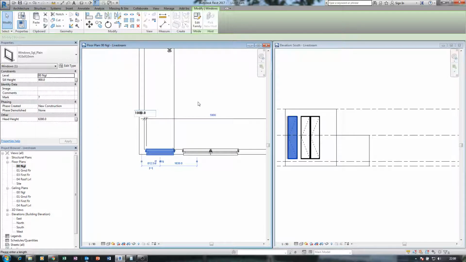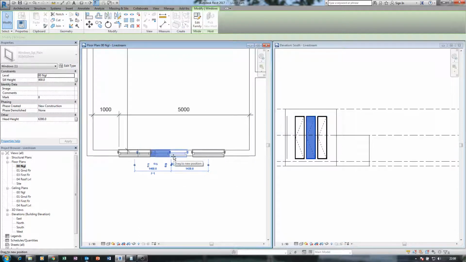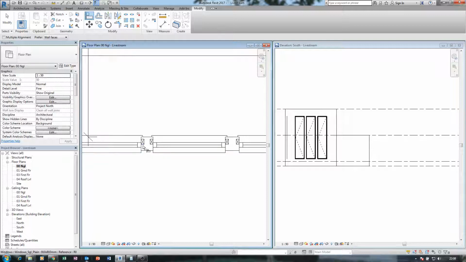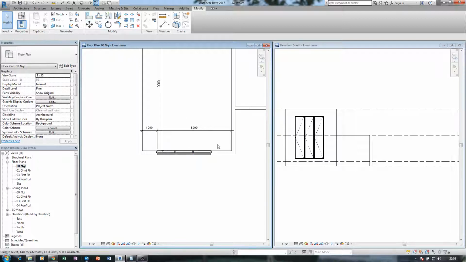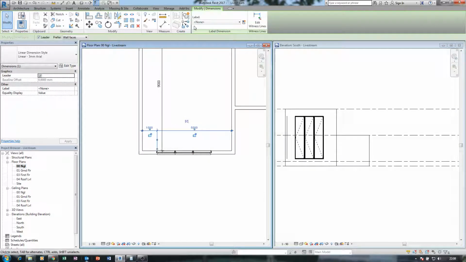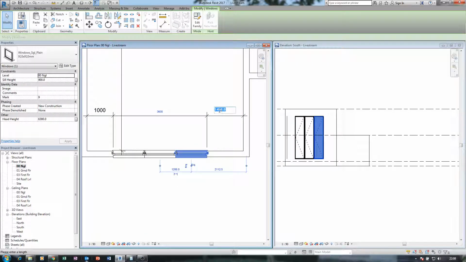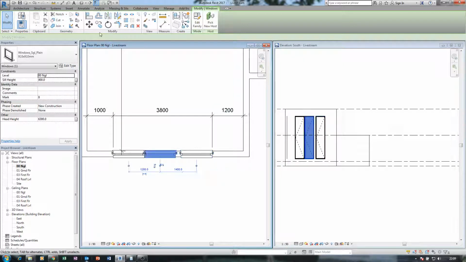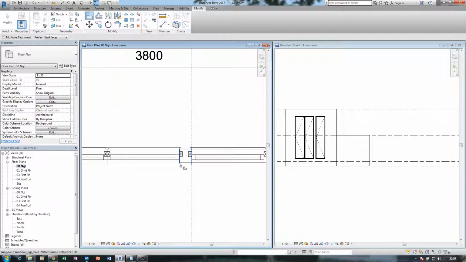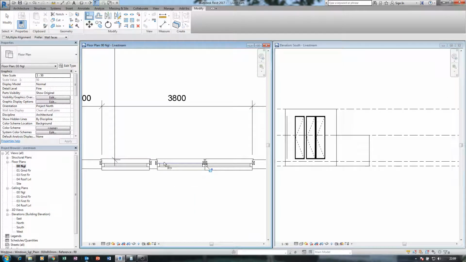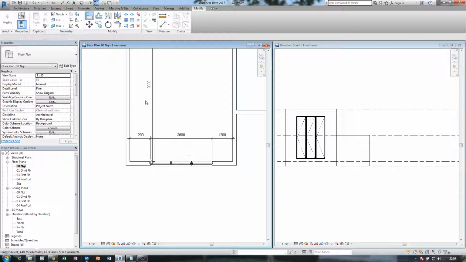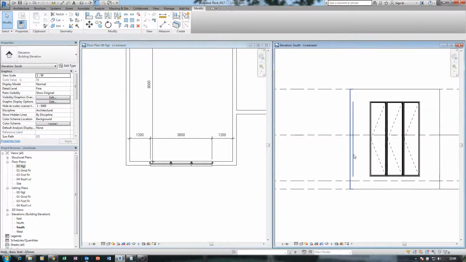What's happening tonight is my keyboard is misbehaving, but no problem. Okay, so at the end of the day I should have something like 1.2 on each side, which actually makes sense. The windows are 1.2, then the spaces are 1.2 as well from each side. Actually it's getting to look like I want it.